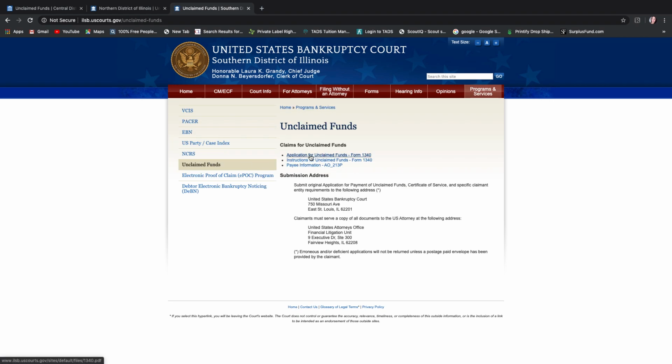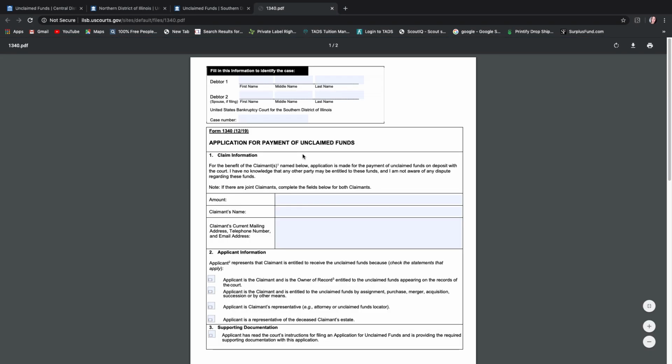And here's your application, your instructions, the payee information, or like the tax ID number information. And this covers East St. Louis, Fairview Heights, Illinois. So those areas, this is what this is covering.